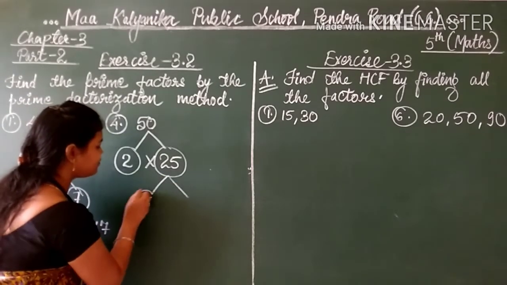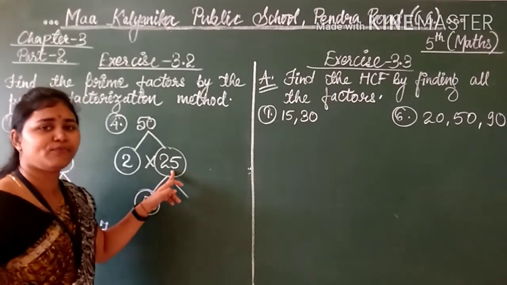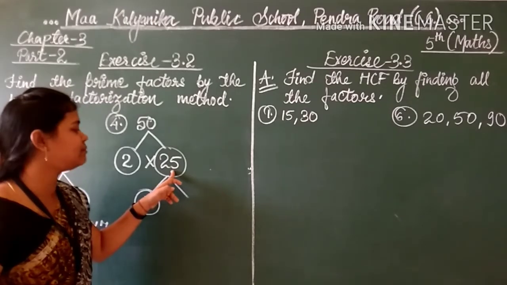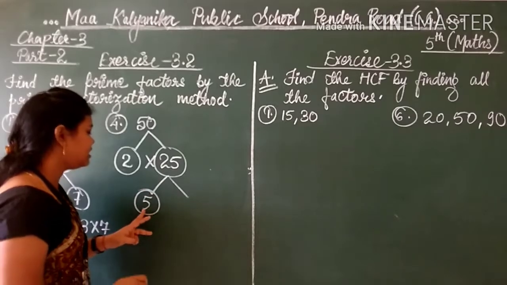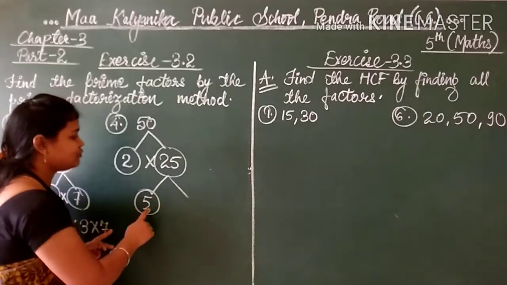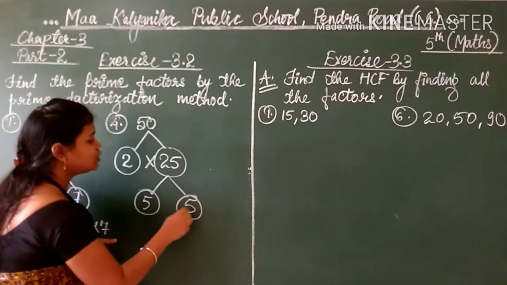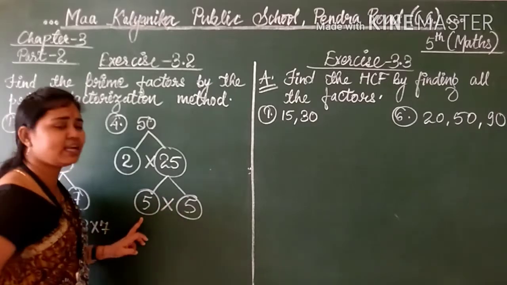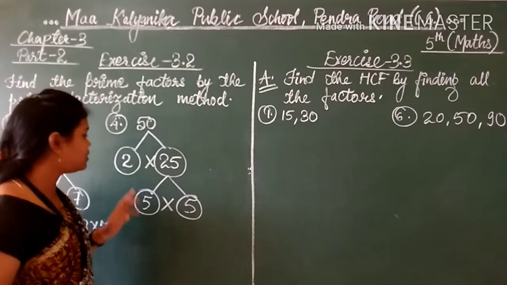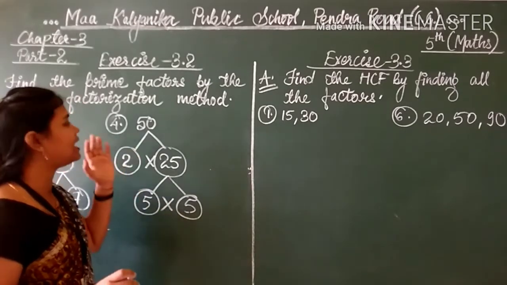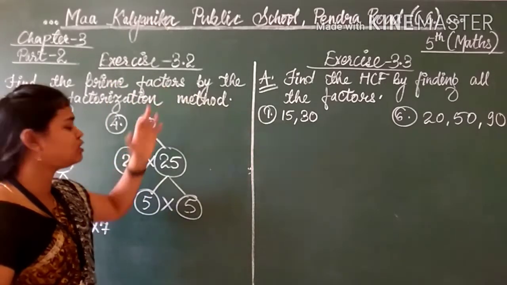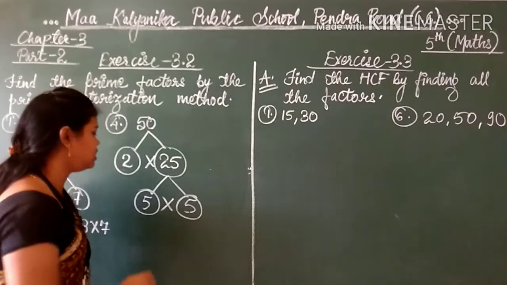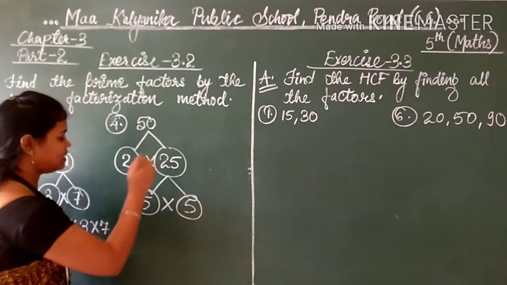Of course, in the table of 2, 25 cannot be divided by 2. By 3, 25 cannot be divided by 3. Directly we are doing with 5. So 5 5s are 25. Why are we taking 2, 3, 5? Because 2, 3, 5 we know are the prime numbers. So that's why, as we have to find prime factors, we will take the prime numbers only. Okay. So 5 5s are 25.